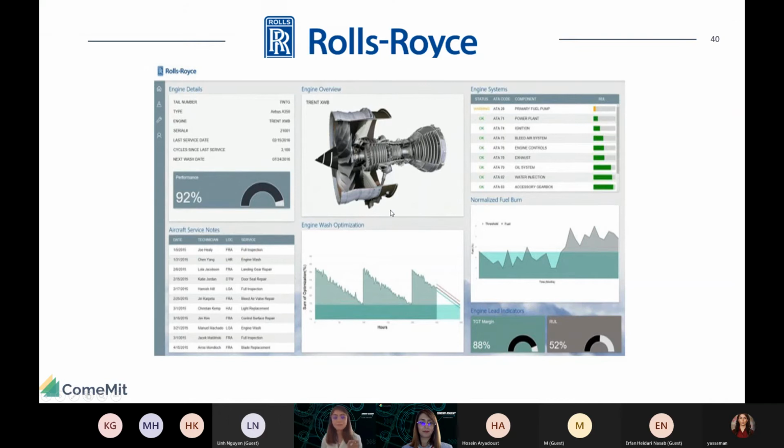So this visual is quite impressive in my opinion. However, it's not open source. It's designed and used only by Rolls-Royce.